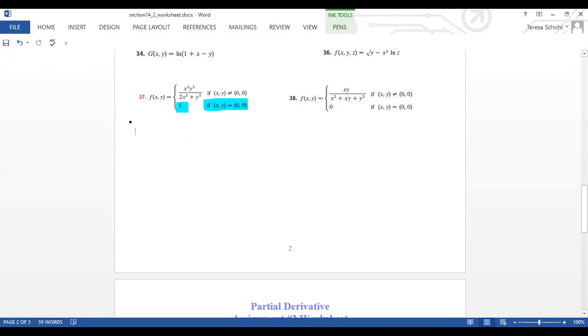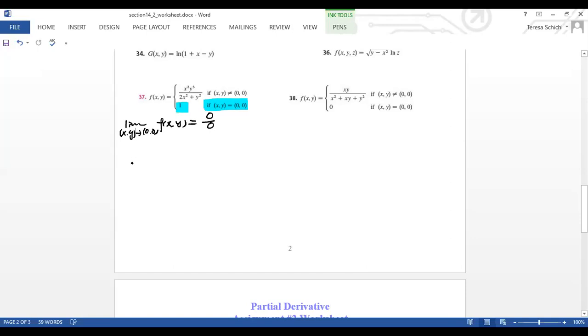So the first thing we need to ask is, what is the limit as xy approach 0, 0, of f of xy? If you put in 0, 0, what do you have here? It is 0 over 0. It's not determined. If it's not determined, then I don't know what the limit is. You can try several different paths, and you'll be able to find different results. If you try the different paths and find that you cannot make conclusions,